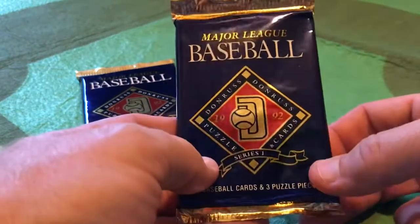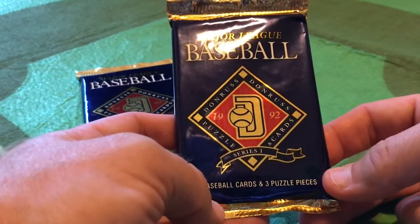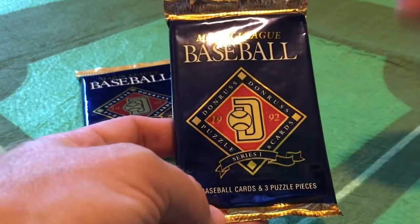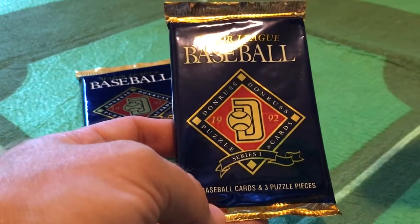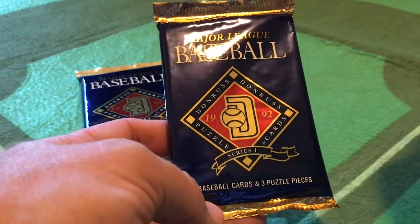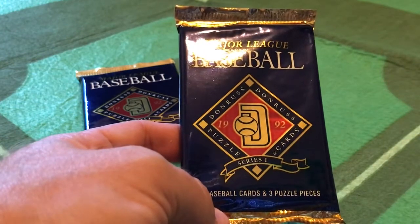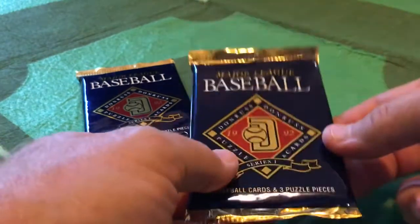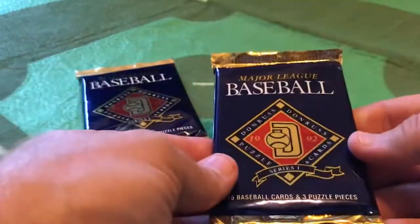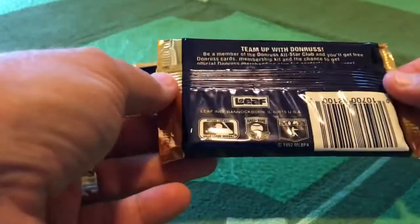In fact, this reminds me an awful lot of the album cover art for Queen's Greatest Hits, which also got a big boost, I should say, in 1992 following Freddie Mercury's death. And by sheer coincidence, Wayne's World kind of introducing the great song Bohemian Rhapsody to a whole new generation. So it's kind of funny that this kind of mirrors that. I'm sure that's just a quinky dink,